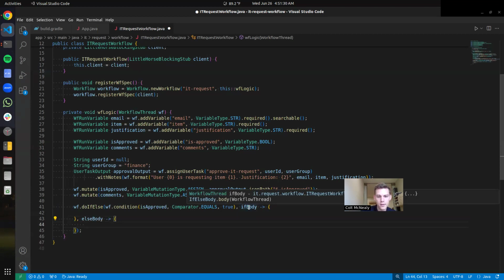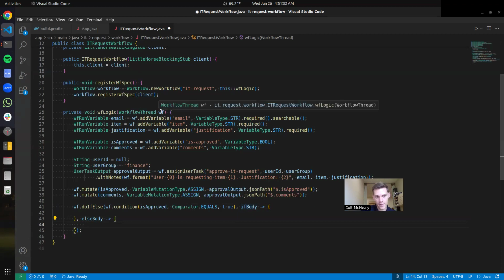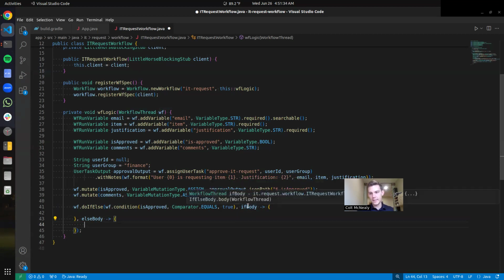At this point, it's illegal to use the WF handle of the workflow thread because we're technically in a different thread of execution in a different scope, right? So we're going to use the if body, not the WF. For more information, you can check the docs on conditional branching and the workflow spec, which I'll put in the